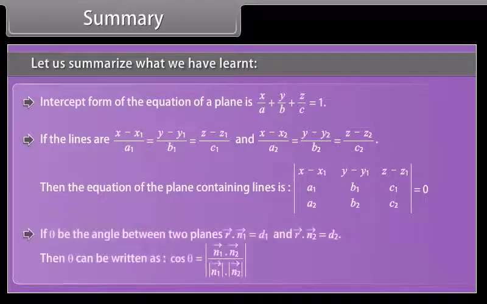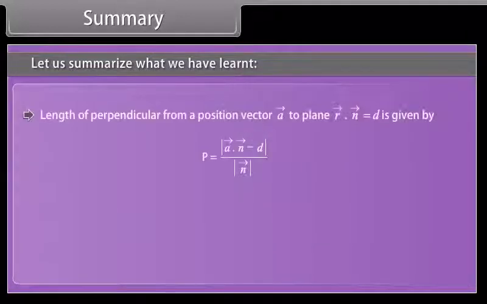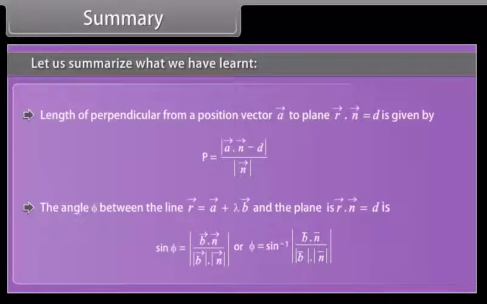If theta be the angle between two planes, then theta can be written as. Length of perpendicular from a position vector A to a plane is given by, and the angle phi between the line and the plane is